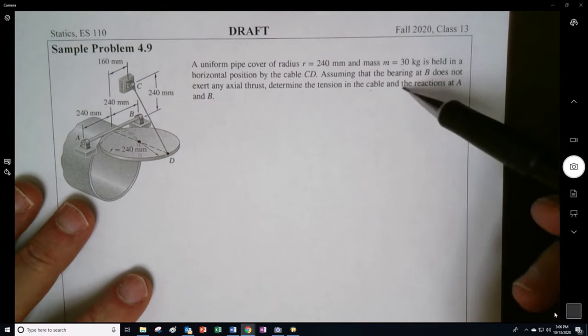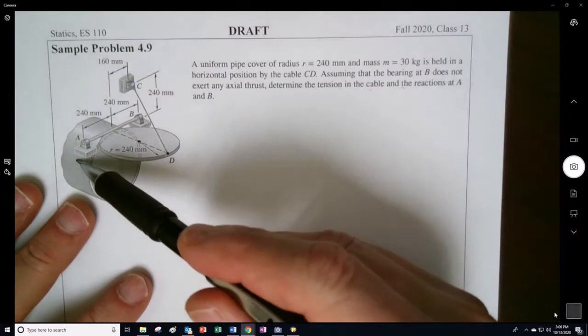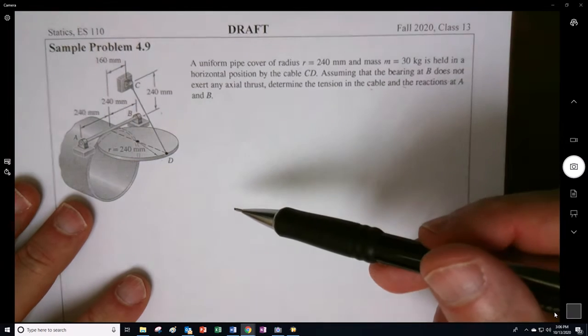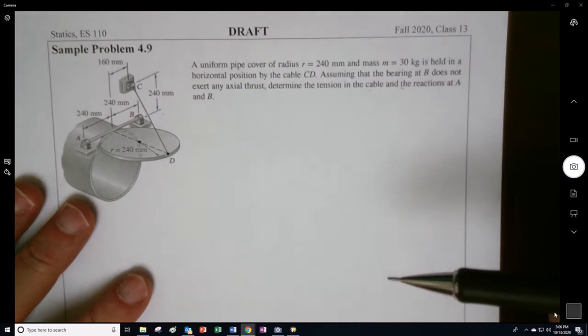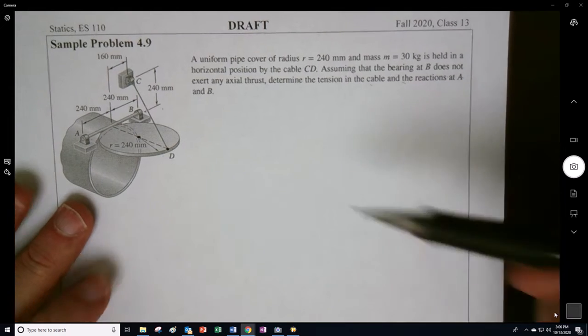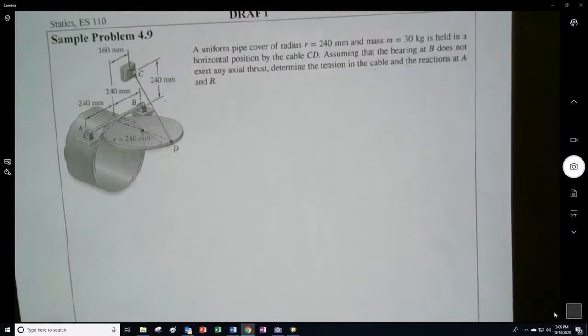Determine the tension in the cable and the reactions at A and B. Now, to make this a little bit more efficient, I'm feeling a little lazy. I'm going to go ahead and just walk through what my solution was. That seems fair enough, right? It's in the book as well, but let's just walk through it and see what that looks like. So I solved it,